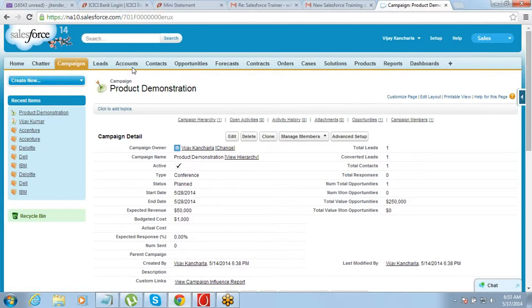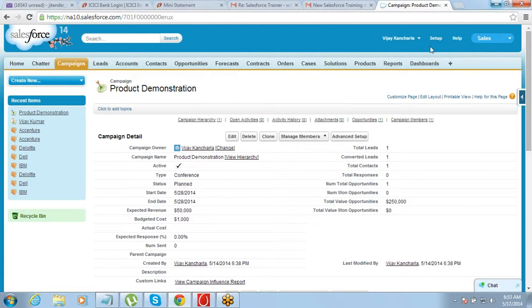So if there are 500, 600 accounts under his name, you cannot start transferring them one by one. So you'll have to do a mass transfer. Mass transfer is simply transferring some data from one owner to the other owner.